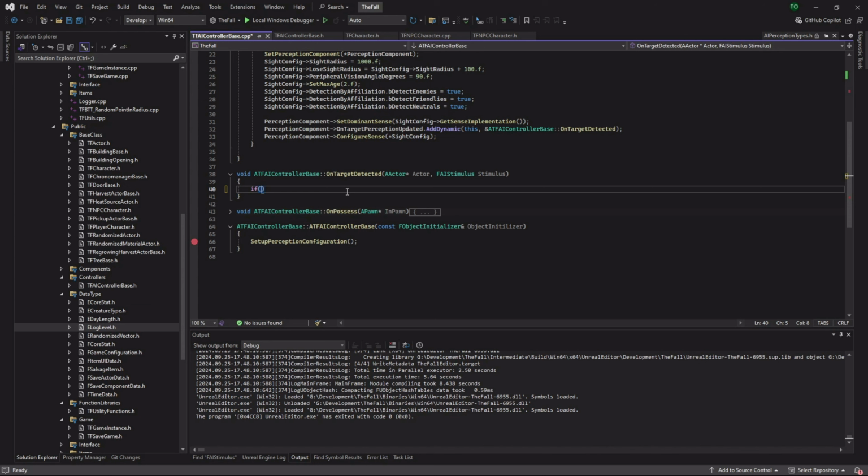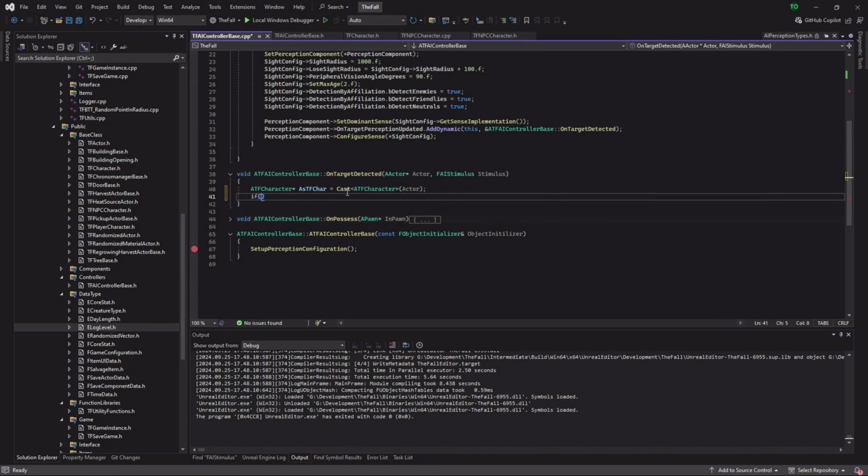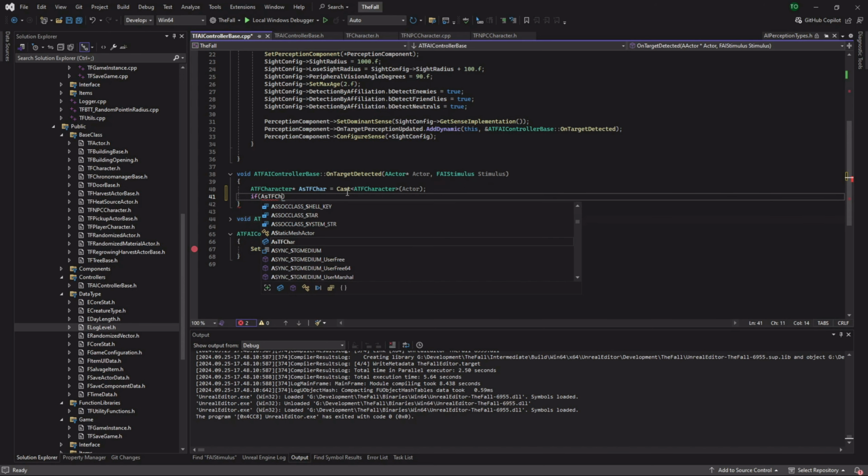So if, ATF character pointer as TF char equals cast ATF character actor. If as TF character